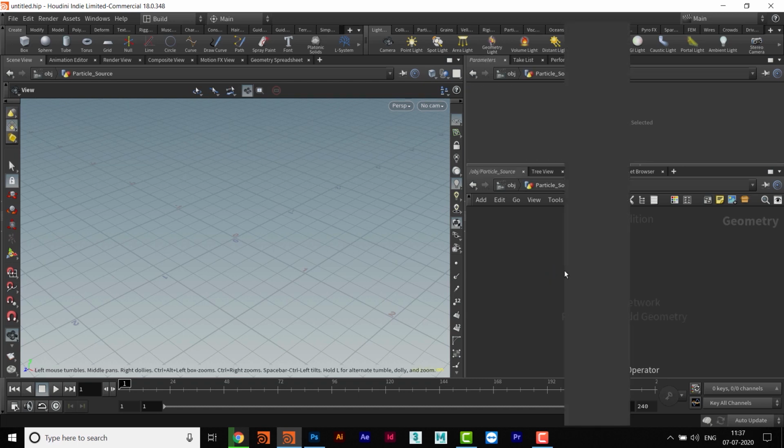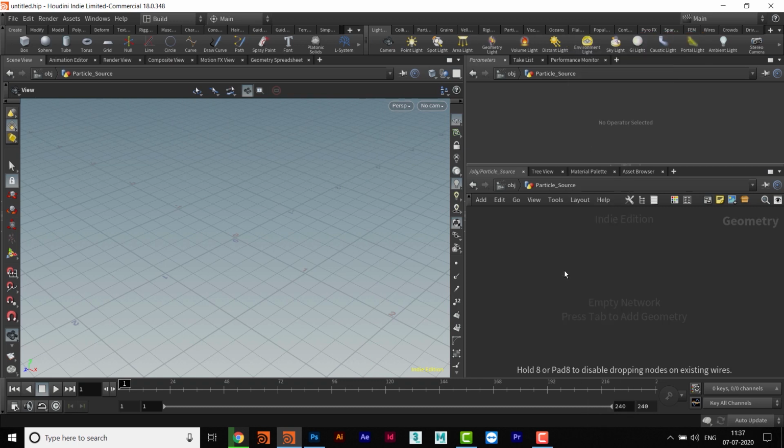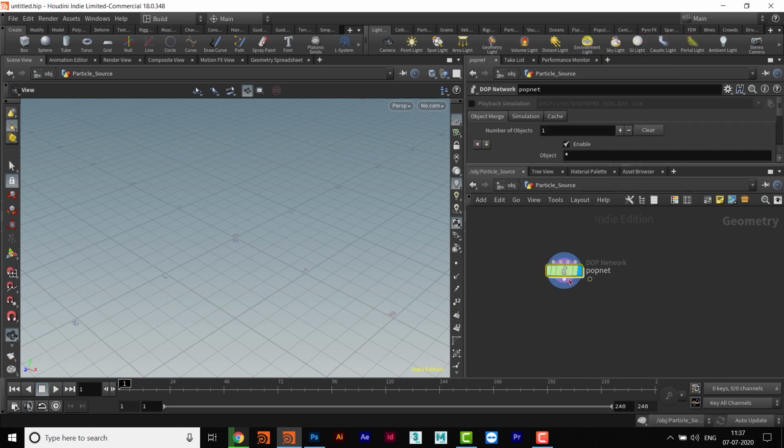Okay, and now here I will get into the pop network. As soon as you write down pop, you will see pop network here, and then press enter, and then you have a pop network.